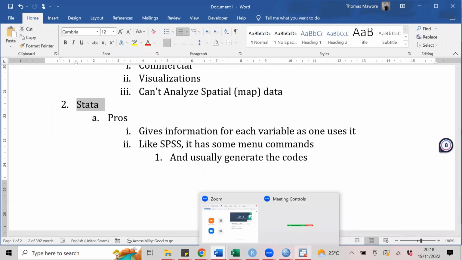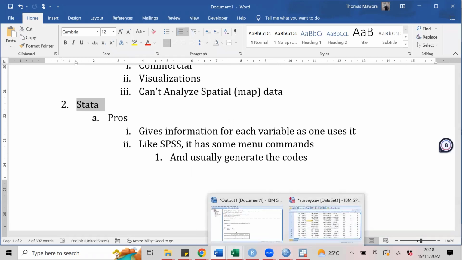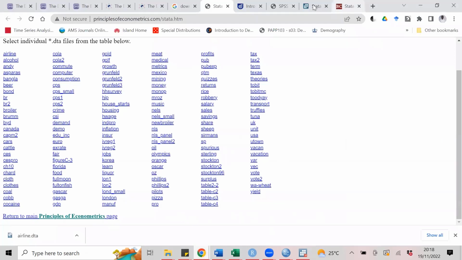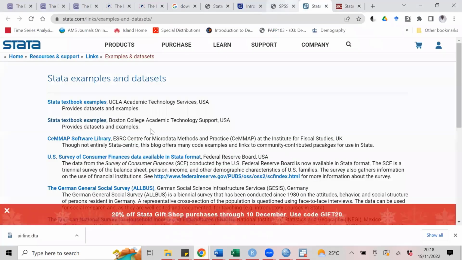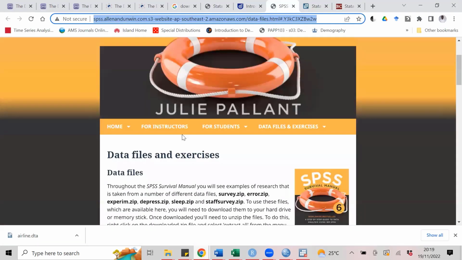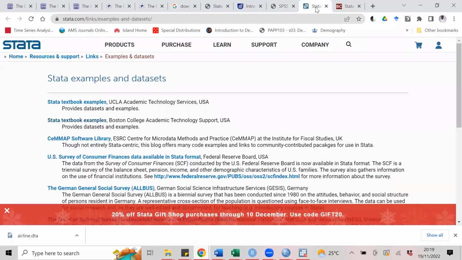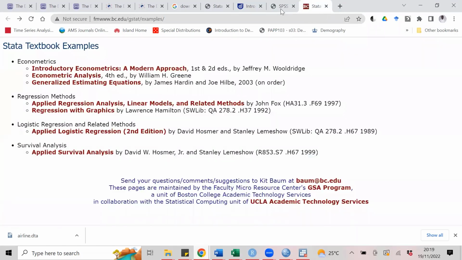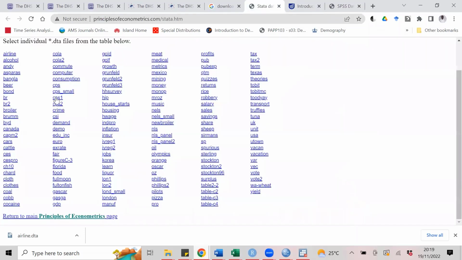Stata, let me give you a visualization of Stata. Oh, I should probably give credit to where I got the data. I downloaded that SPSS data from this website. I just Googled. I'll probably link this when I upload this video online. I got this from this data. And the starter file, I got it not from this one, but from this website. I think I downloaded airline data.